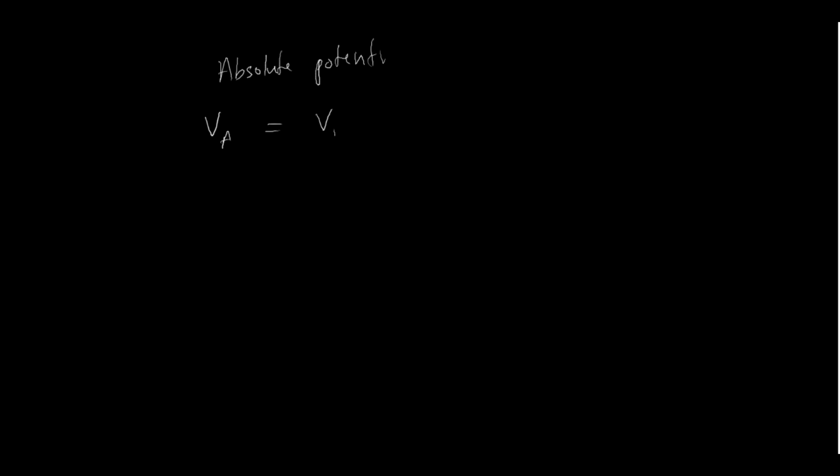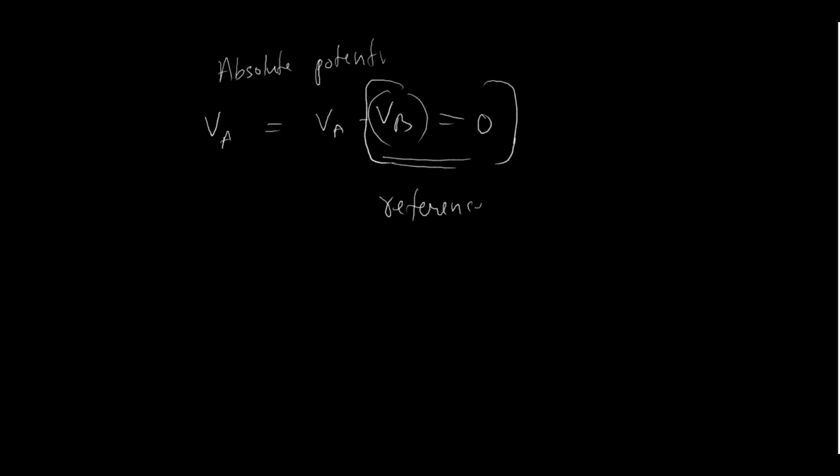If I want VA alone, then VB should be equal to 0. The point at which we take VB equal to 0 is called the reference potential. So we can take any point as a reference potential. For example,